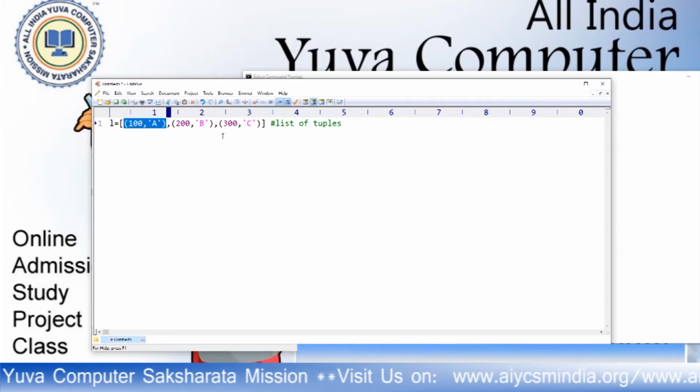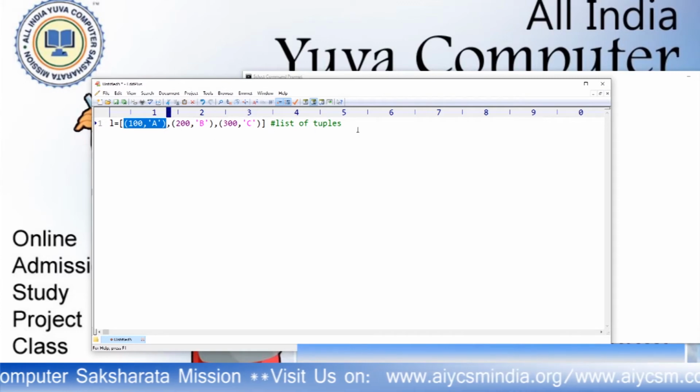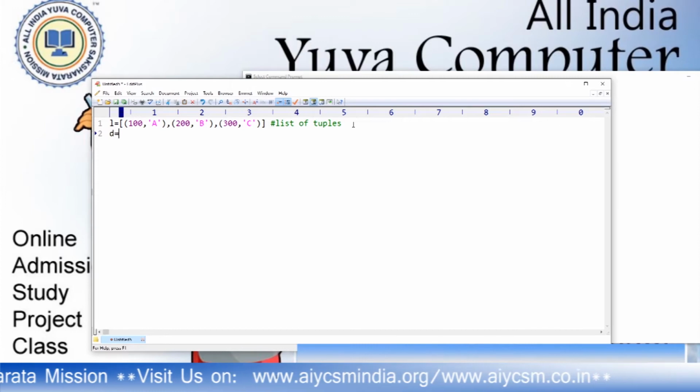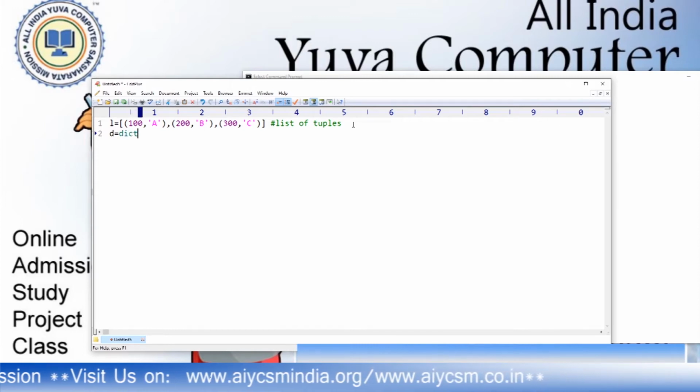If you convert this list of tuples into a dictionary, you can create it with the help of the dict function, dict of L.